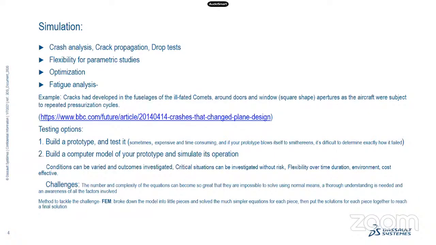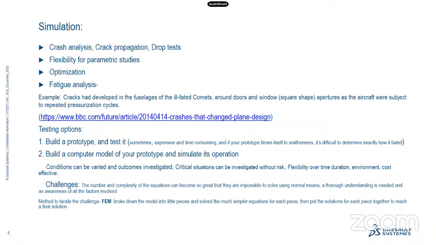So how to simulate this kind of analysis? Simulation helps to do such analysis. As I mentioned, sometimes it's expensive in such cases with an experimental setup. But in simulation also, what is the challenge? The challenge is mainly how will you solve it? We have a lot of equations. How will you solve it actually? And do we have the resources?